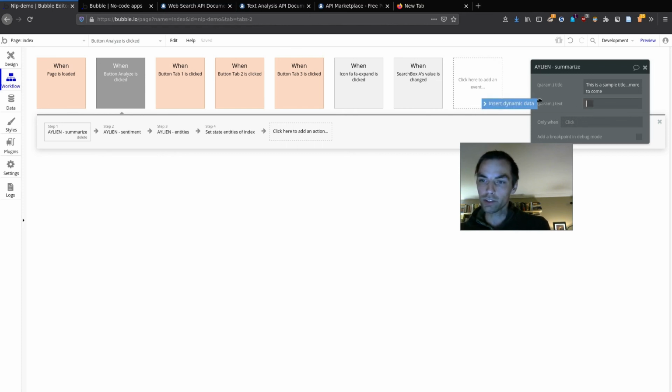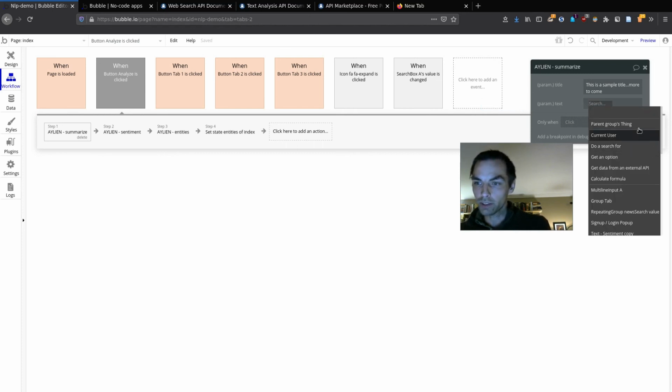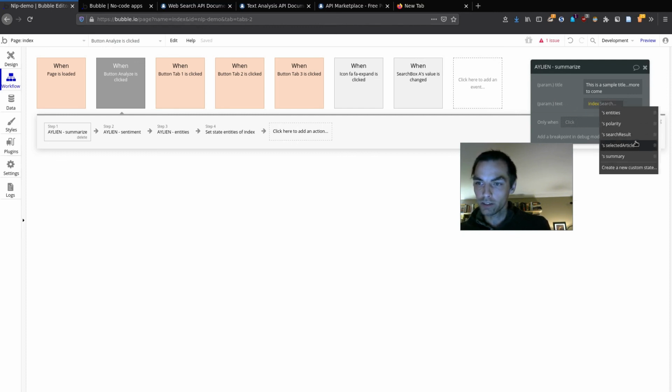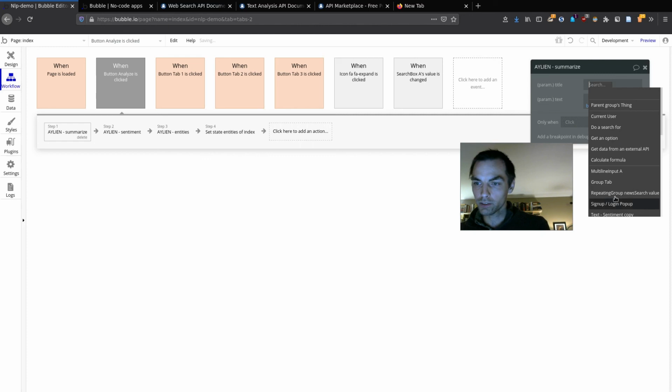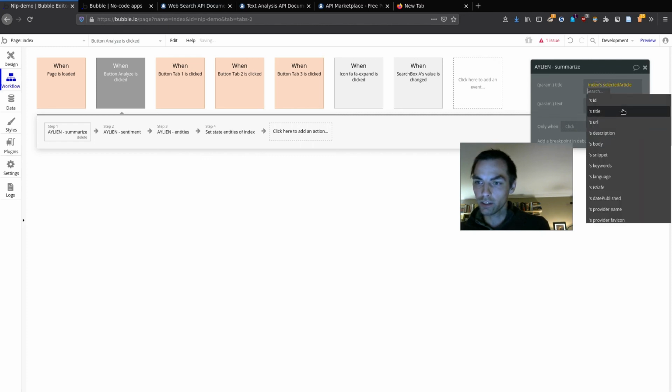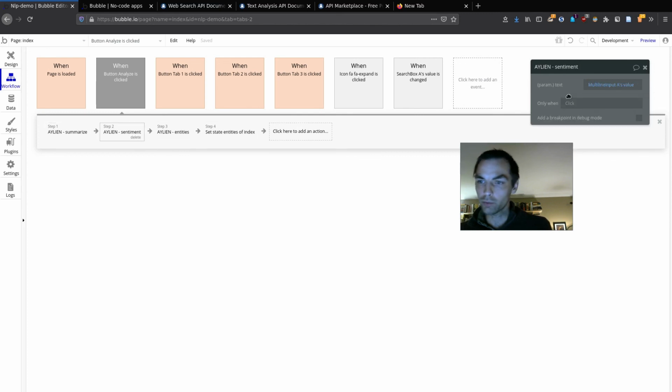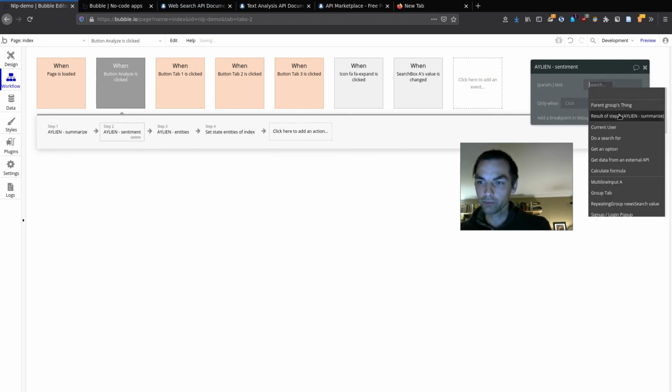So we need to reference that. That's the step I missed. So we'll say the text that we want to send over is the index's selected article body. And the title that we want is index's selected article title. And then we'll do the same thing over here. Get rid of this and say